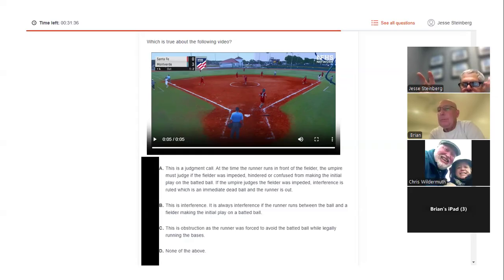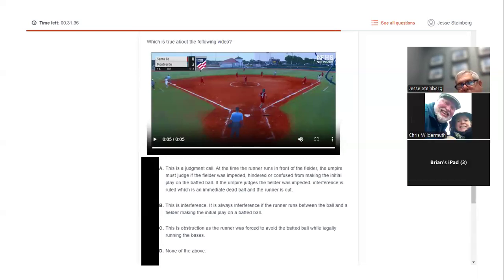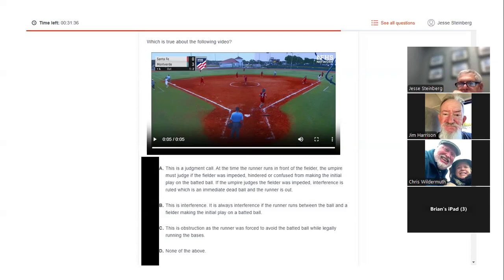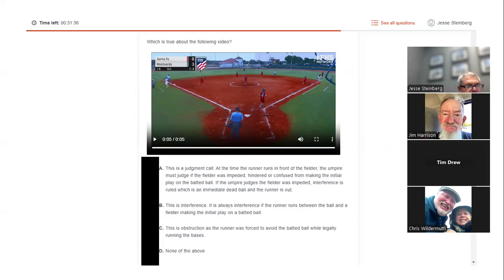Yeah, A is the right answer because it says it's a judgment call. I think most of us look at that and go, I'm letting that sleeping dog lie. But what got me was I didn't see a safe call or even one hand out going, no, it's fine. I don't think either umpire ever saw the play. R1 called safe. You can also have distraction. Okay, are we ready for the last and final question?